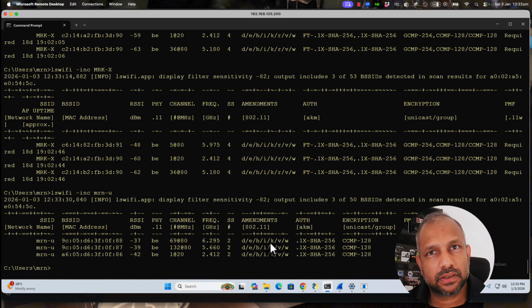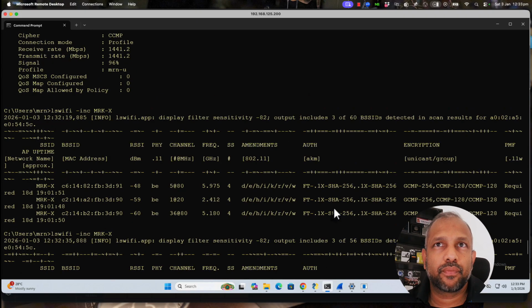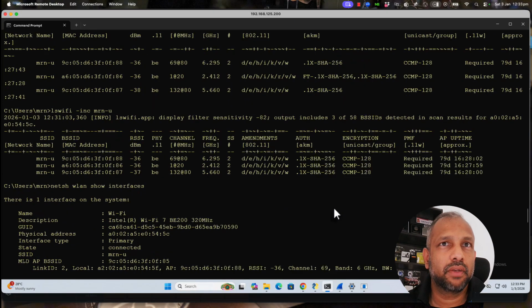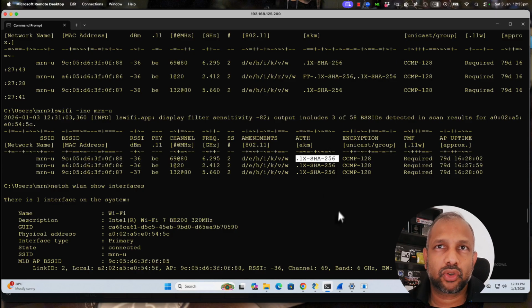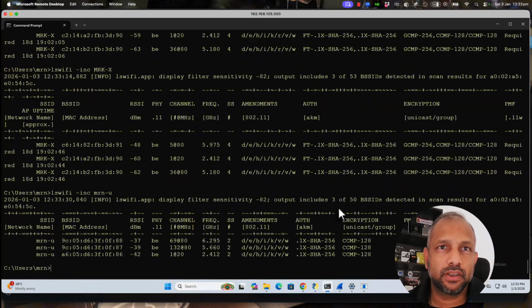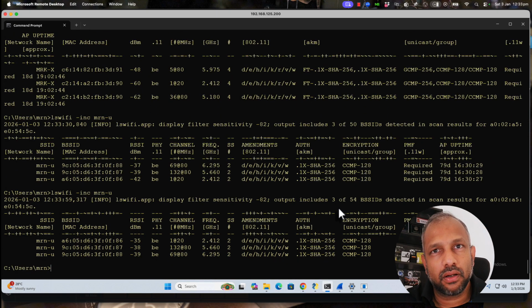Now you can see here still K and V will be there. Okay, but this one, if you go back previously, MRNU, K and V is there. Whenever we disable fast roaming, I would like to see what the BSS transition disable means, what exactly they are disabling. Still the K and V will be there. Okay, so I suspect that particular setting